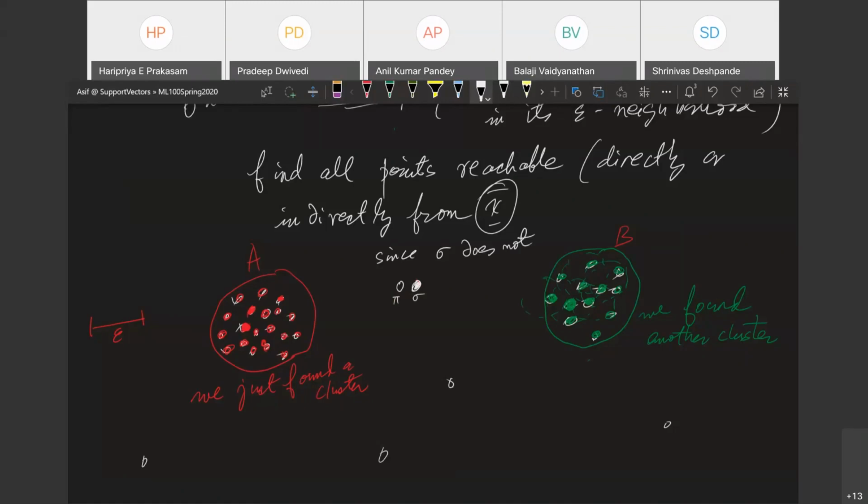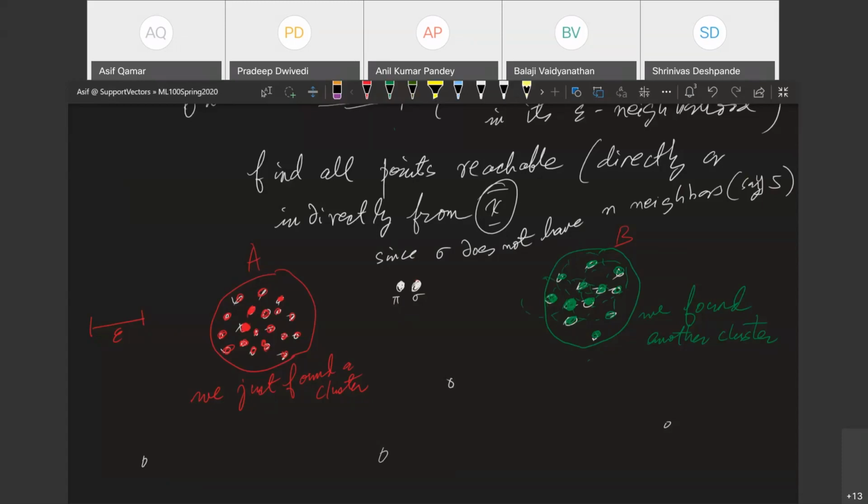Suppose there are 3 points here, let's say pi, rho, and sigma. Now if you declared n equal to 2, then this will become a cluster. Yes, then it will become a cluster. So that is why it is very sensitive to n. For something to be considered an interior point, and therefore the starting point of recognizing a cluster, you must fulfill the conditions of an interior point. You look at the epsilon neighborhood and you must find at least n neighbors.